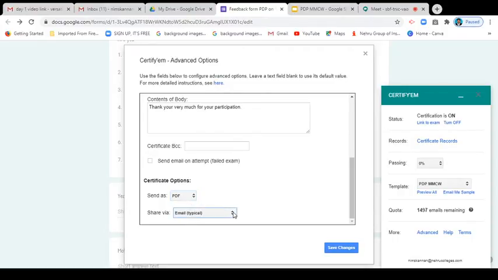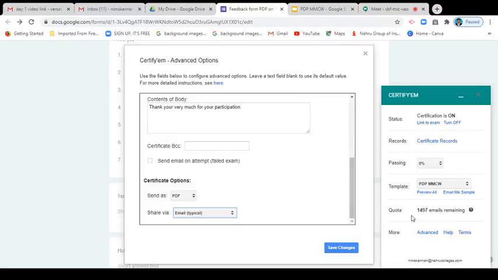Okay, you can send the things via email or Google Drive. So if you have less space, only 100 mails you have, at that time you can go for the Google Drive. But the one thing is, if it is stored in Google Drive, once the participant enters the feedback link, they won't get the certificate immediately. If you choose email, automatically once they submit it, within a fraction of a second they get the participation certificate. Okay, so you can decide it.